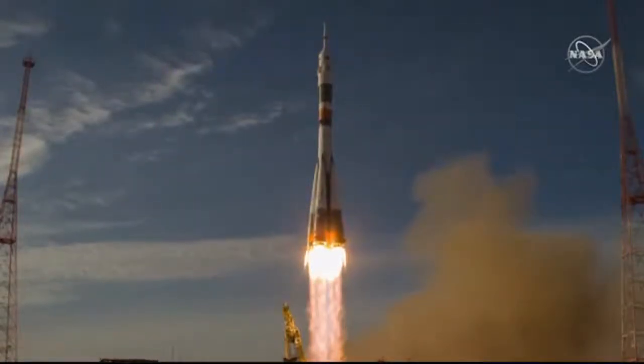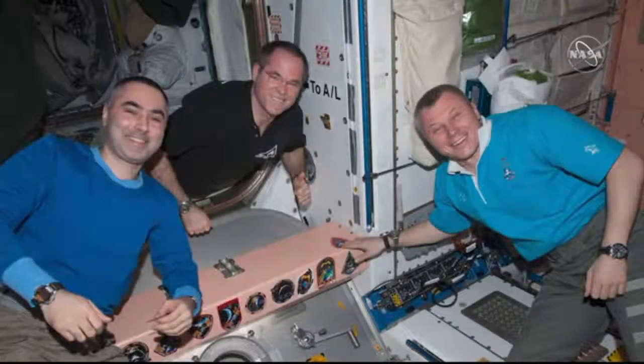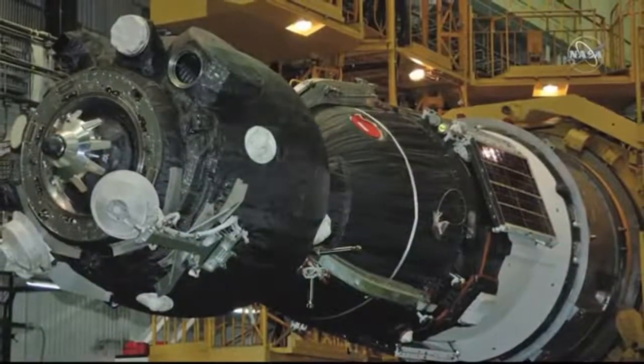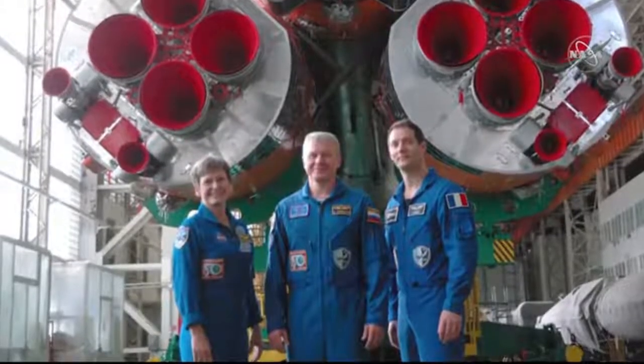Selected as a cosmonaut candidate in 2007, Novitskiy qualified as a test cosmonaut in 2009. His first space flight was as Soyuz TMA-06M commander and a flight engineer during Expeditions 33 and 34. His second flight to space was aboard Soyuz MS-18, where he served again as a Soyuz commander and a flight engineer for